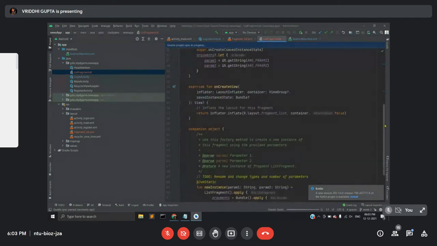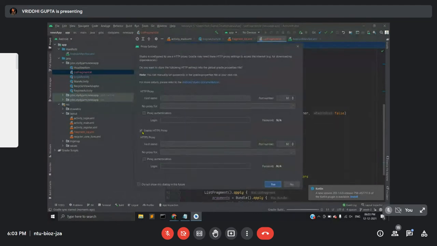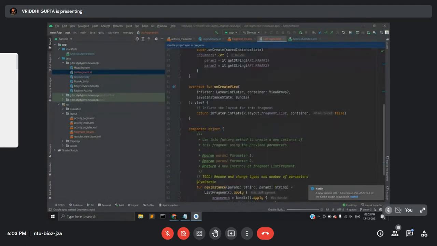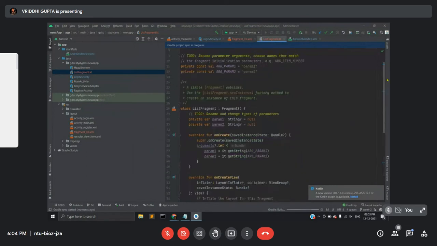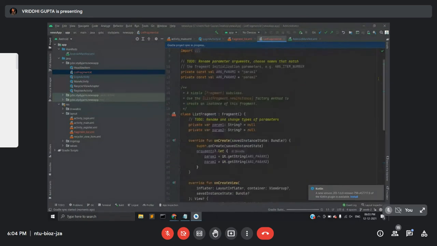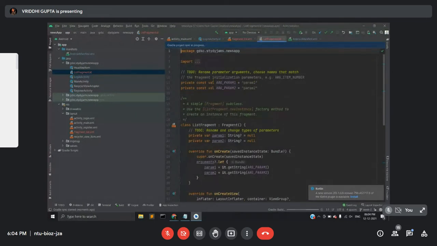It will take some time to sync the project. Ignore all this, it's just my Android Studio reacts sometimes, I don't know why. But yeah. So the Kotlin code is generated for the list fragment. Now let's remove these parts until the sync finishes.